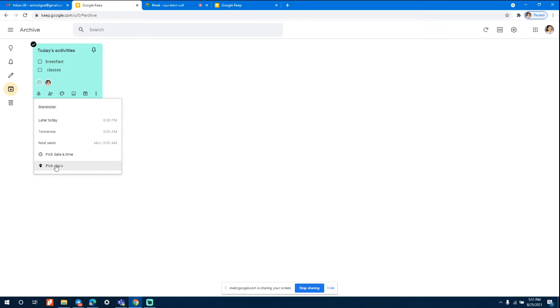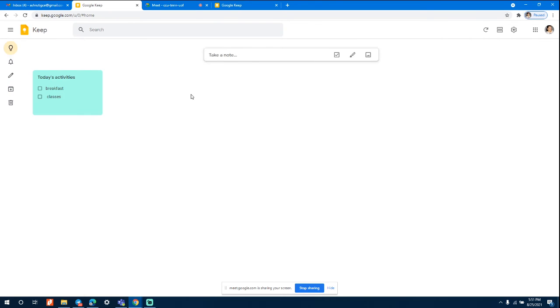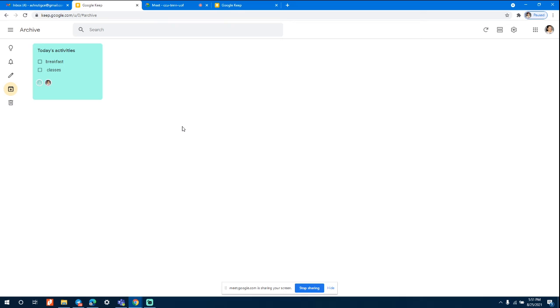Pick place, if you click, your Google map will be added to it. When do you want it to be reminded? Let's suppose last night you made it and tomorrow morning you want it, you can pick the time also. This is how it comes in handy. You can also delete it, add a label, you can add a drawing, which all are here, and you can make a copy as well. So if you go here in notes, you've got one copy here as well, whereas in archives there is another one, because we copied it.